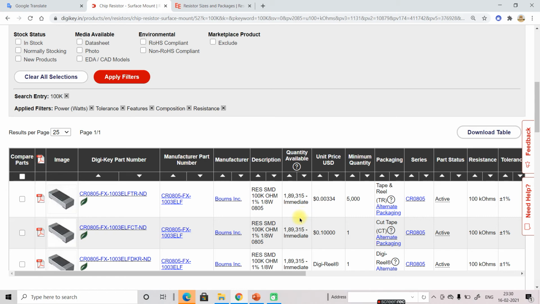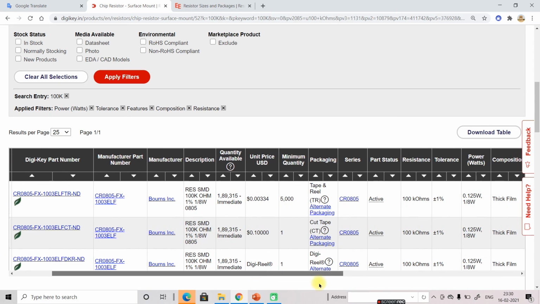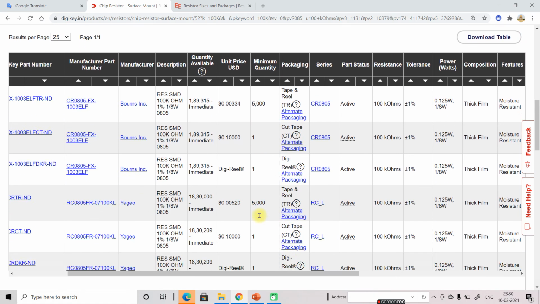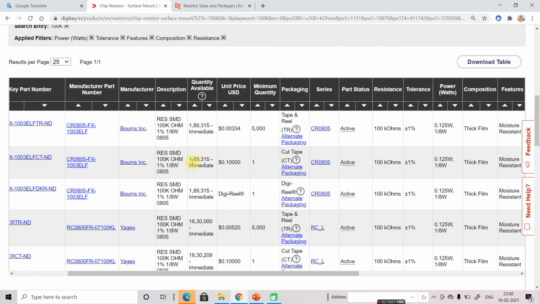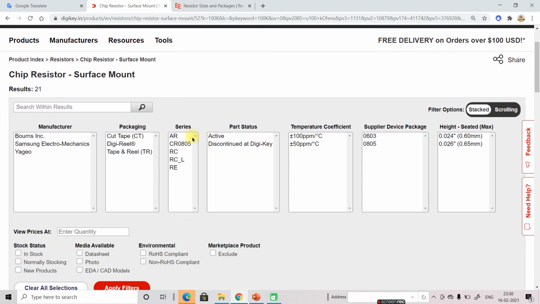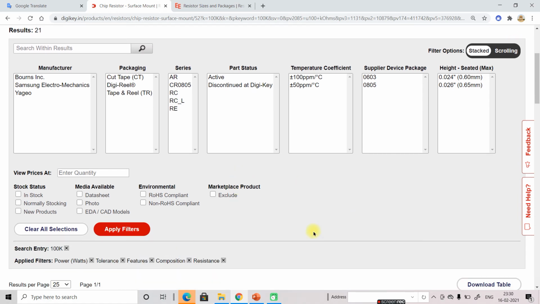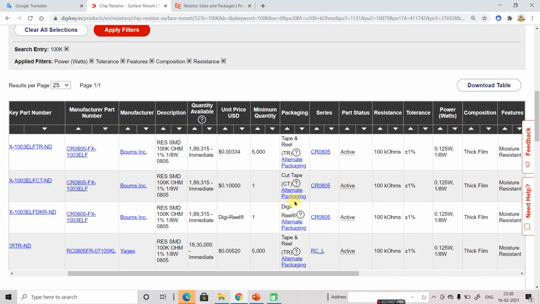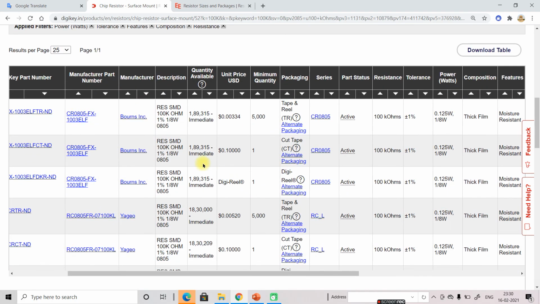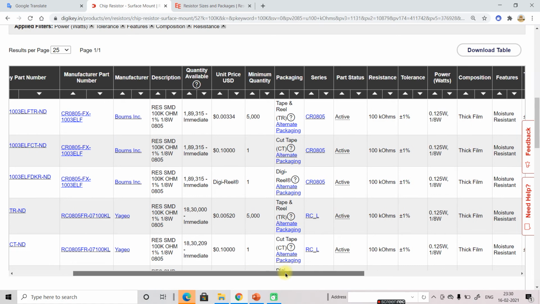Quantity is so much, and the minimum is this. So as per the package, here we had selected this package, service supply, this packaging is coming. So we had selected 1 by 10. 1 by 10 comes into the range of 0805.